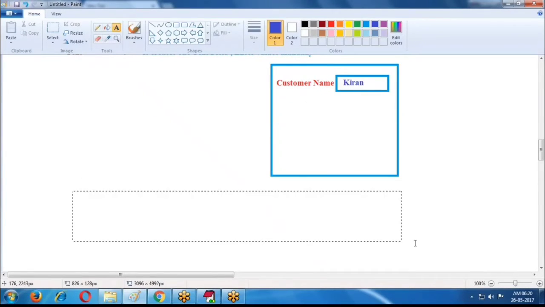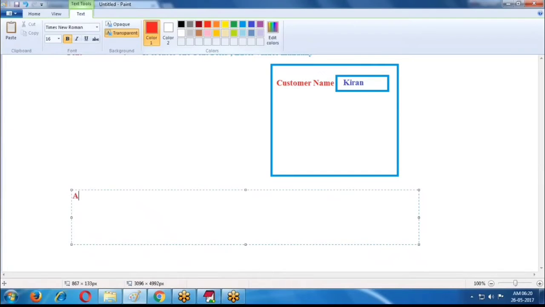Otherwise, auto number. If I select the auto number, it creates one number or one value automatically and increments it by 1.